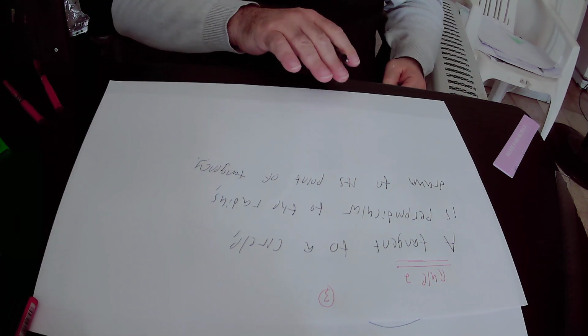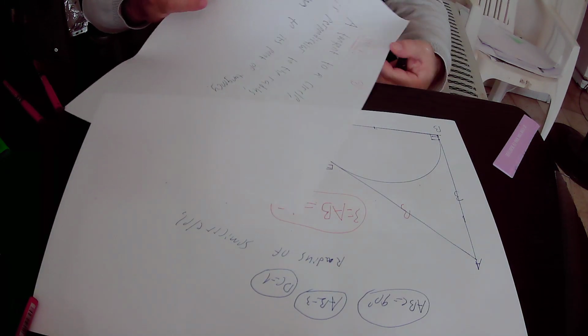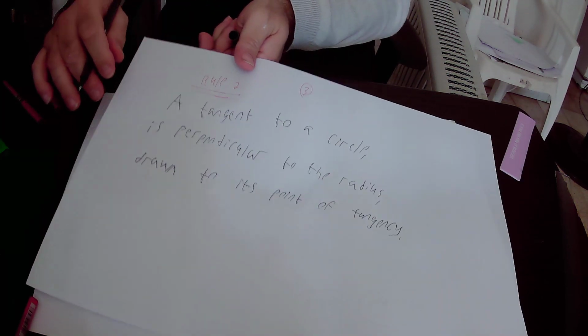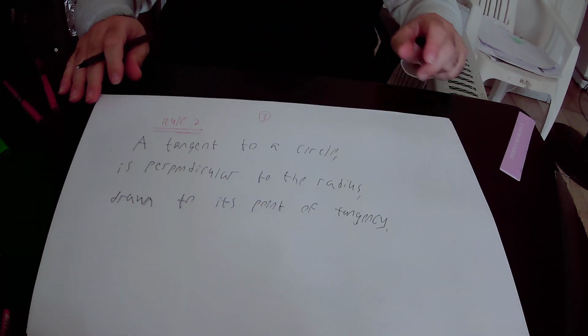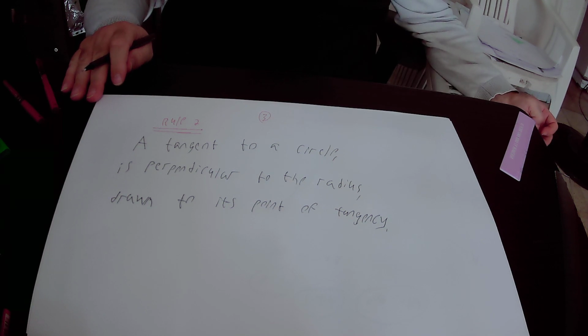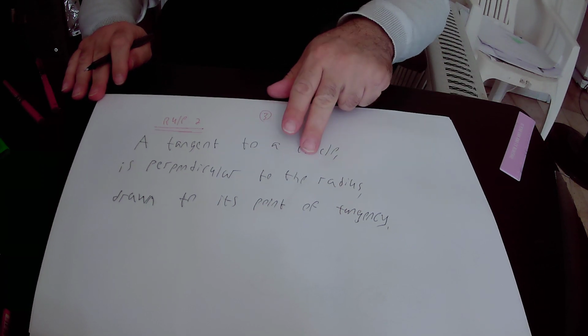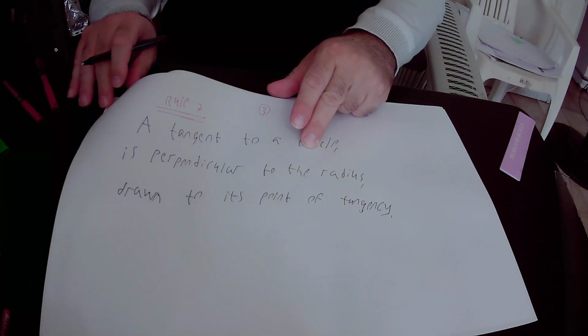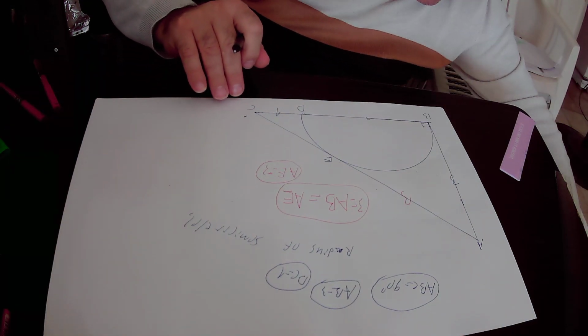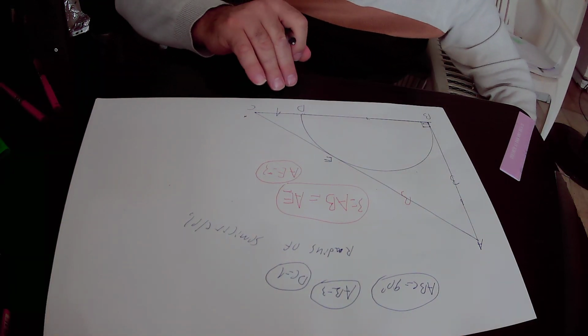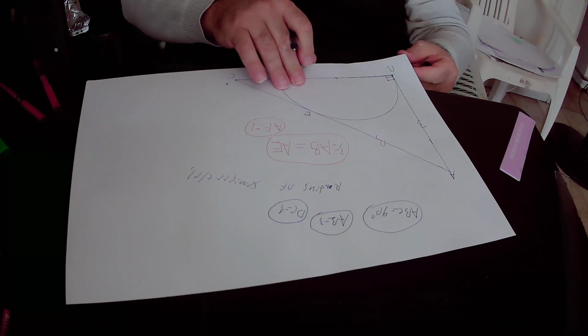So I will read rule number 2 again. Rule number 2 states that a tangent to a circle is perpendicular to the radius drawn to its point of tangency. So what is the meaning of rule number 2? The meaning of rule number 2 is that actually if you have a circle,